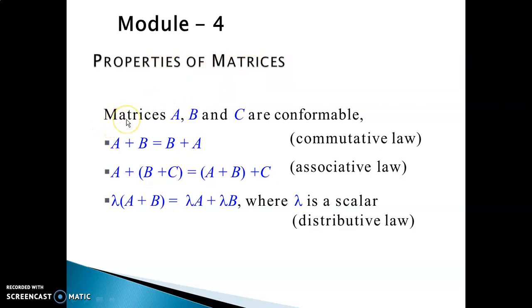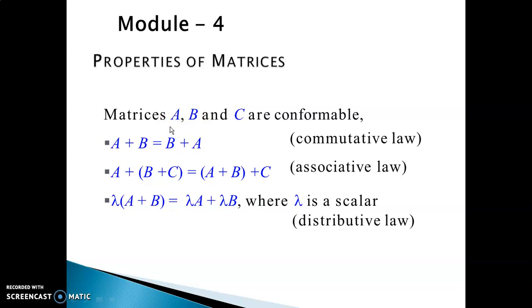So here we are going to study the various properties. So we are going to begin. Let us suppose that A, B, and C are conformable matrices. Conformable means that it is not a null matrix, meaning some of the elements are there. It is a non-zero matrix. So the first